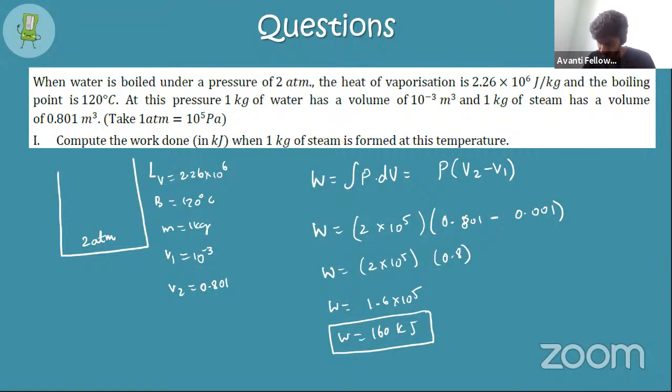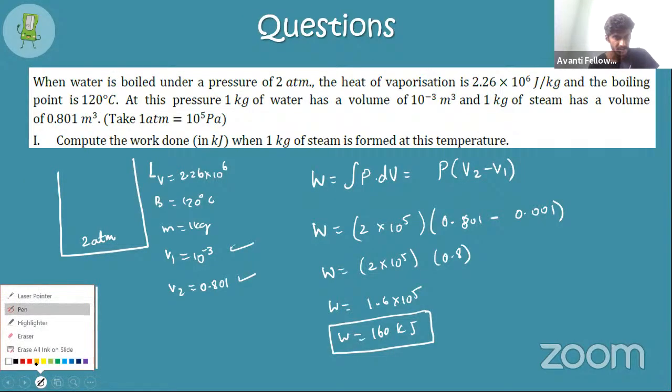Am I clear to all of you? So see, initial volume is given, final volume is given, pressure is also given. So just find it out. It will be done easily. Nothing to worry, nothing to bother much. As simple as that. So my next question is, if this is clear, students, I'll go to the next question.